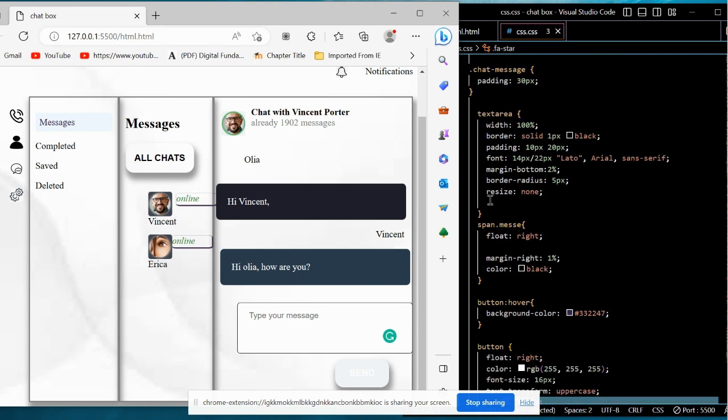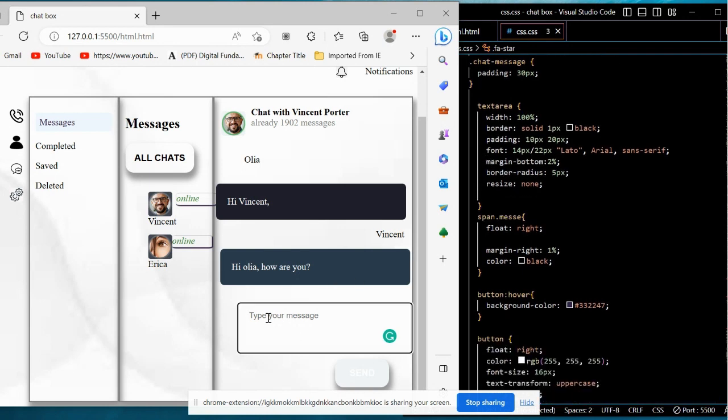And here next is the text area. This is the text area and the width is 100%. Border, you can see here, is solid 1 pixel in black color. And padding, here we can use to write. So padding from left or top is 10 pixels or 20 pixels. And the font we are using here is size 22 pixels, and then Arial, sans-serif and Lato. Next is margin bottom 2%. If we are writing something else here,